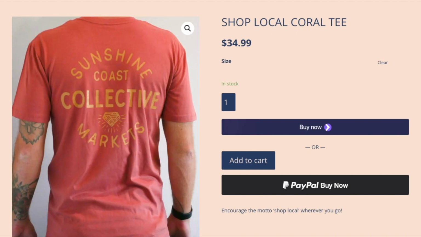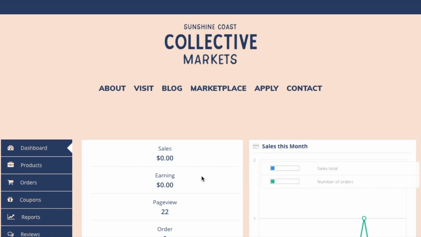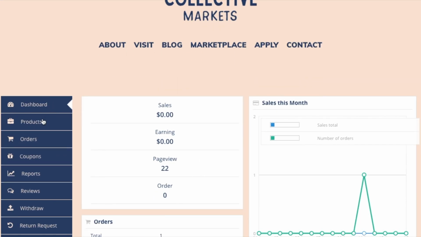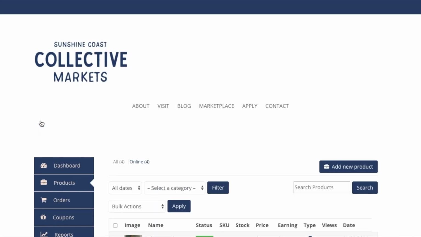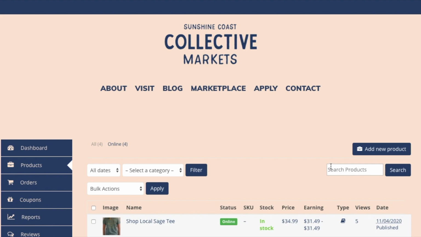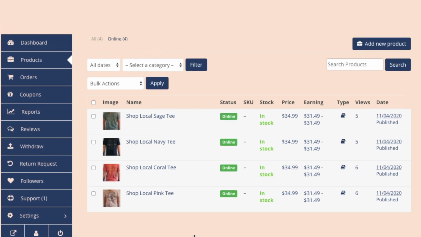Alright, so first head to your dashboard. So log in to your dashboard, hit products. Here's your product dashboard, so here you can see the products you have available, whether they're online or not, in stock. It'll show the price that you've listed them at, and then how much money you'll make off the sale. So if you go add new product,